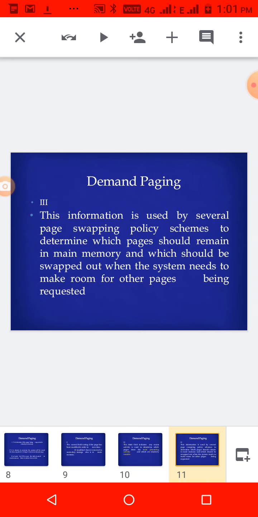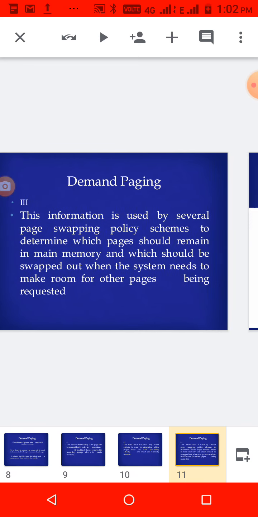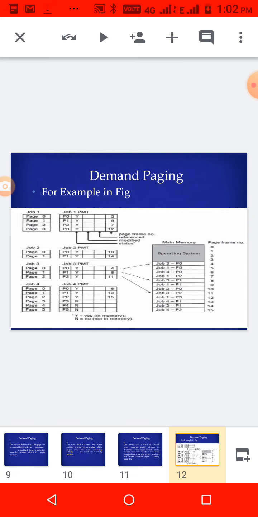For example, if some other job needs space in memory, and we have these details, it is easy for us to load the new page into memory. So we are collecting all this information to make swapping easy, in order to allocate room for new jobs. And then, for example, consider that in memory 15 frames are available, and some are used by the operating system programs. Only in the remaining spaces can user jobs be loaded.